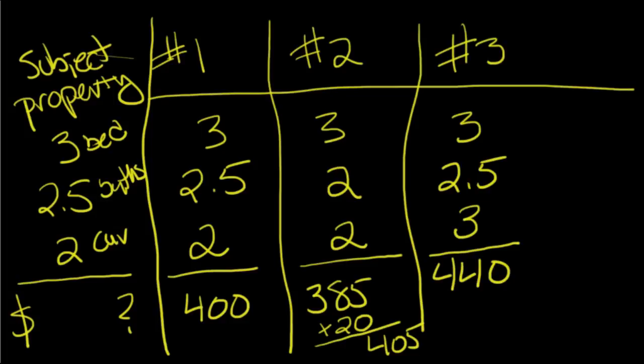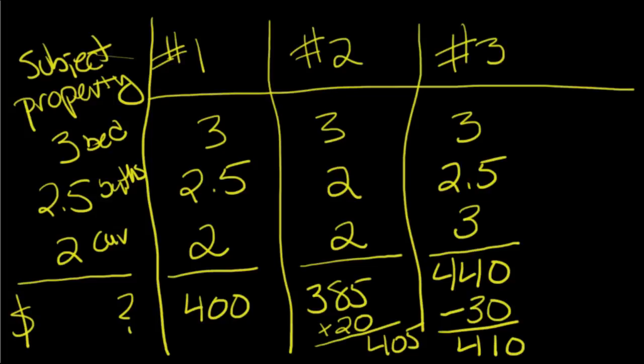So in this particular property, this sold for $440, and now we have to look at how much that garage was worth. Well, we're just going to say, class, that a garage is worth $30,000. So what do we do here? Because they came with an extra garage, we're actually going to subtract that value. So apples to apples, that's $410.